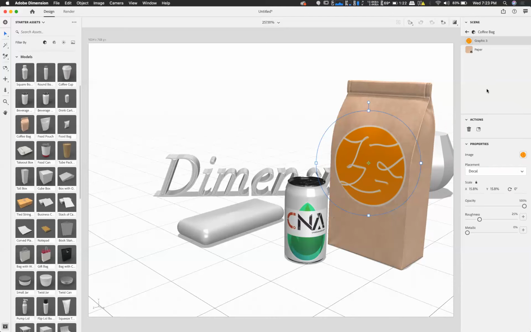So what if, in this example, I have connected